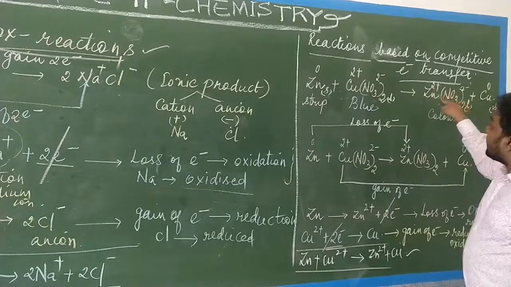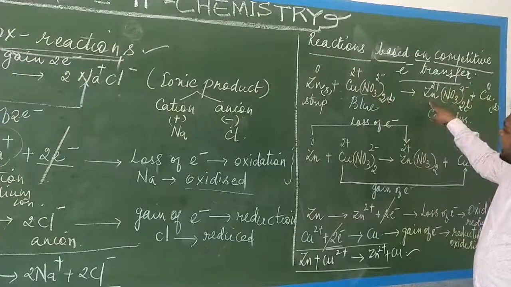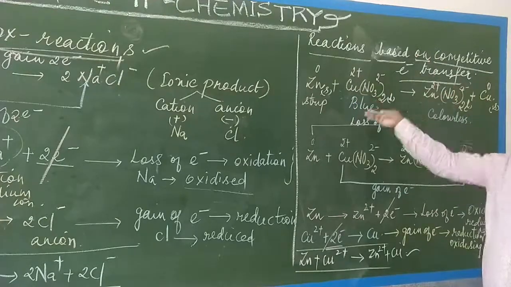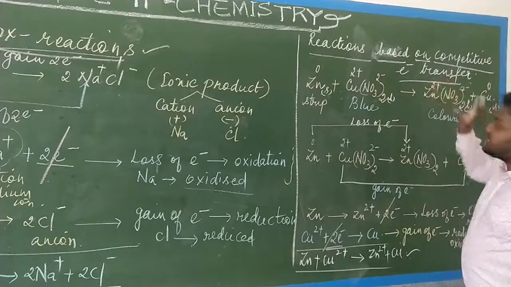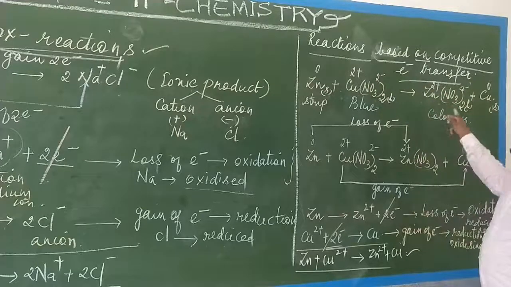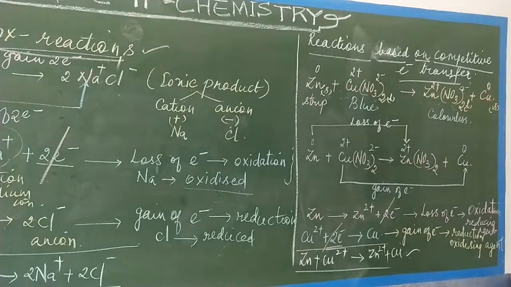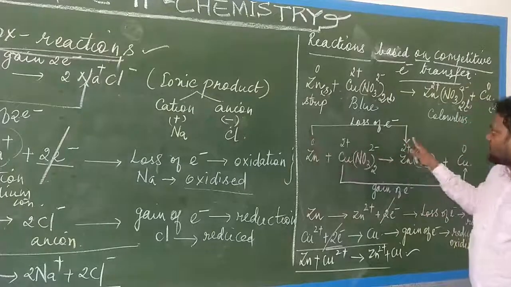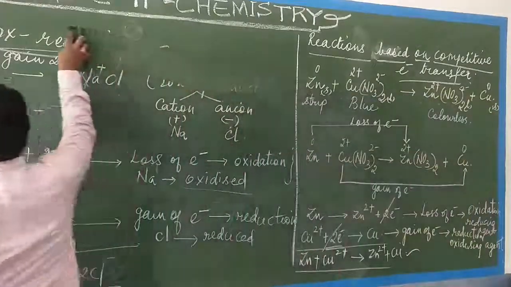So the zinc nitrate forms because the zinc displaces this copper. That means what? Zinc can readily give away or donate the 2 electrons compared to copper. Or otherwise we can say zinc is highly reactive, so it has displaced this copper and therefore it becomes colorless. Now in this reaction we say that it is a redox mechanism because oxidation has taken place, reduction has taken place, loss of electron has taken place, and similarly gain of electron has also taken place here. Okay, so now from this reaction